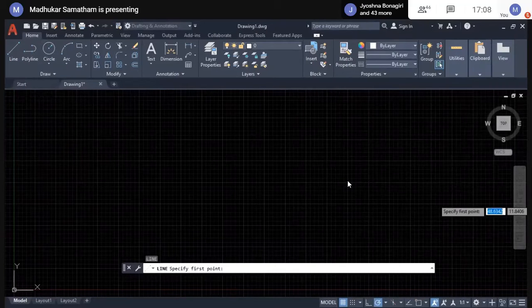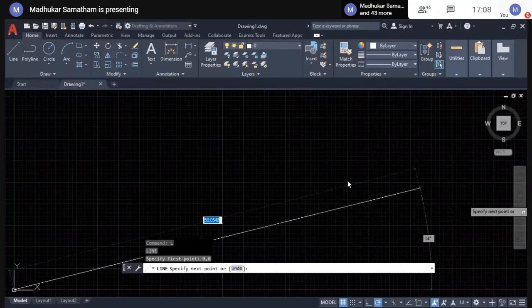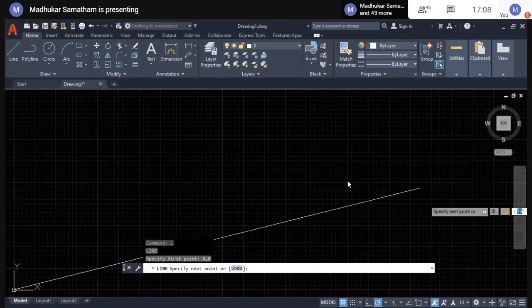First, I am using the absolute Cartesian coordinate system. I am starting at point 0,0 to generate a line at the rate 10,5. Specify.